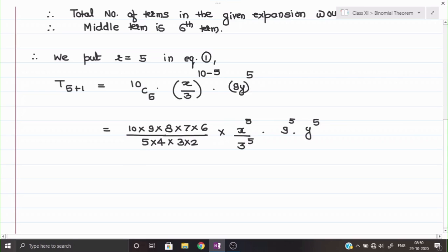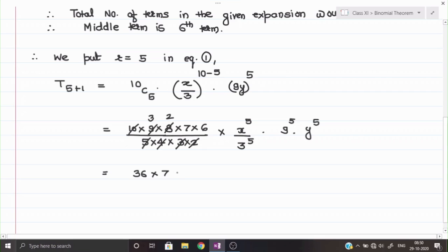Okay, 5 and 2 will become 10, and 10 will be cancelled. Again 4 ones are 4 and 4 twos are 8. 3 ones are 3 and 3 threes are 9. Okay, so here it will remain 3 into 2, 6. This is 6 here, and 6 will become